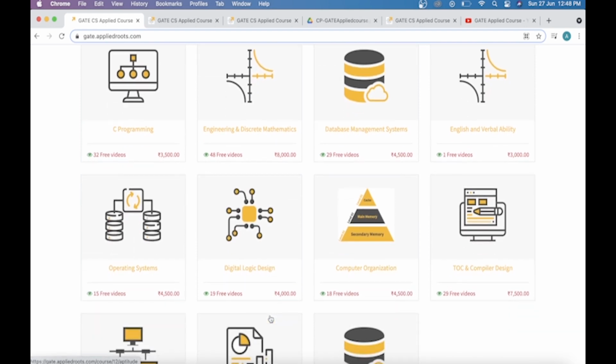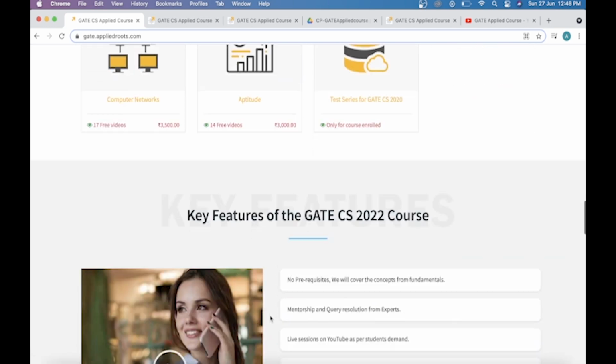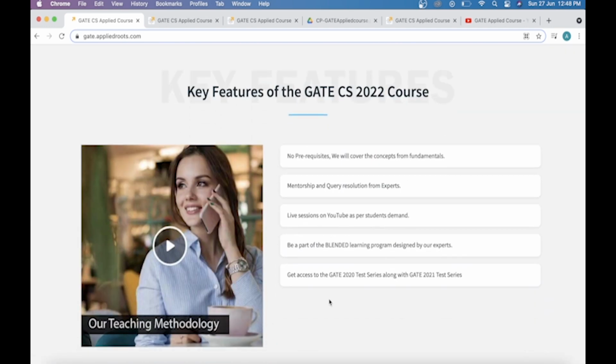All these subjects are part of the GATE curriculum that you could refer. So some of the key features of this course are everything is taught from the scratch and there's mentorship and query resolution available. This is a hybrid model that it's not just only pre-recorded videos but also Shrikant sir conducts live sessions very regularly.